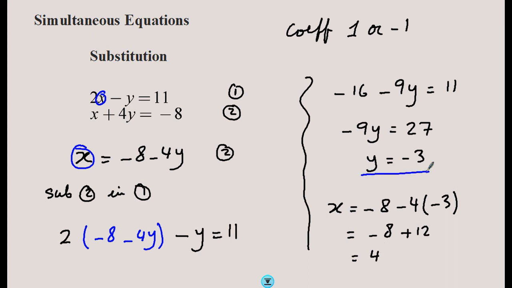Your first solution and your second solution, which is basically the one solution of this pair of simultaneous equations. In this case, x equals 4 and y equals -3 satisfy both equations simultaneously. So if you substitute those values in the first equation, you will find that it is satisfied, and in the second equation, you will find that it is satisfied, and this is the only pair of values of x and y that will satisfy those two equations at the same time.